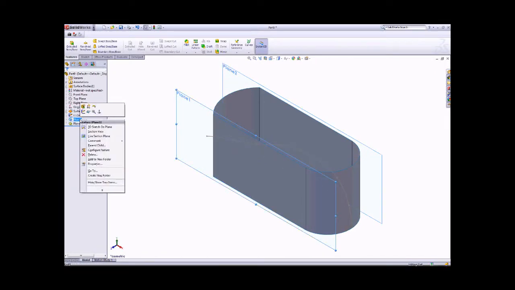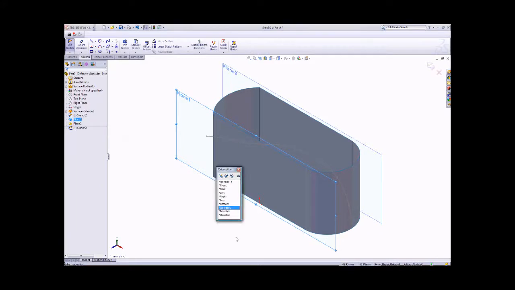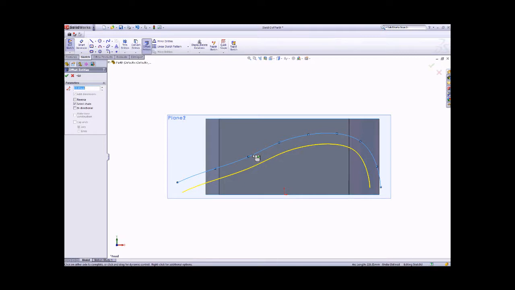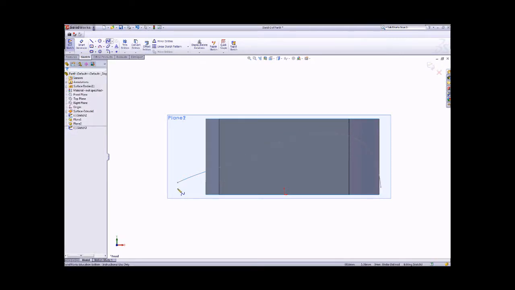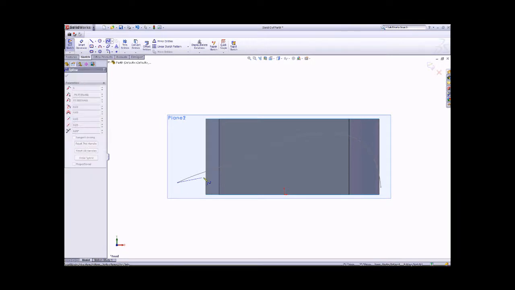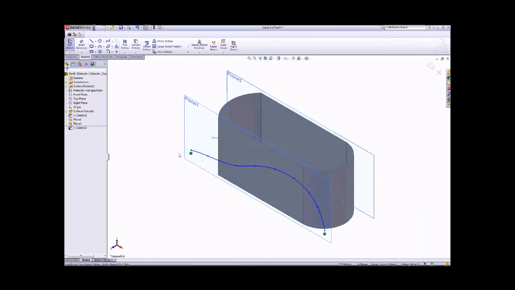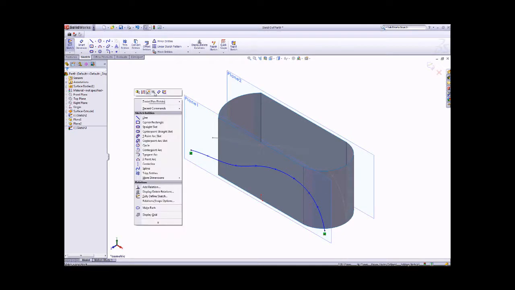So we can use the work plane 1 to do another new sketch. We can use another method, offset entities, to offset that one. But I think the offset entities is not good enough because some of the points are inside the object. So I use the curve to draw it again, because you should make the same point with your first point and end point here. So I just do it here for the first point and end point related to the previous sketch, and then